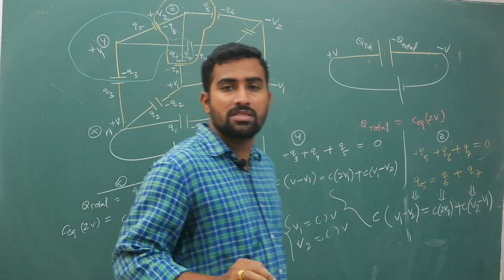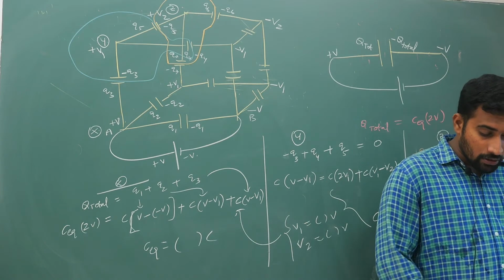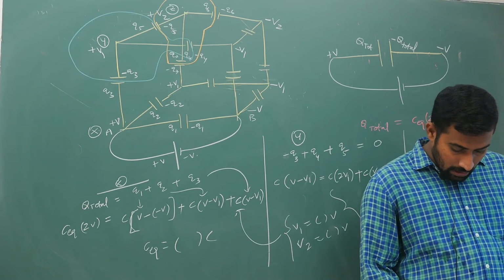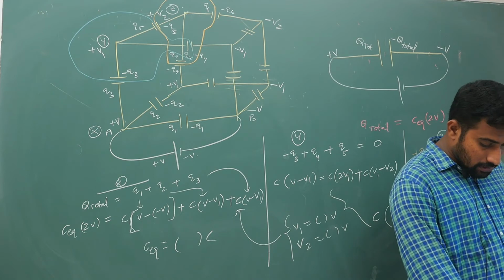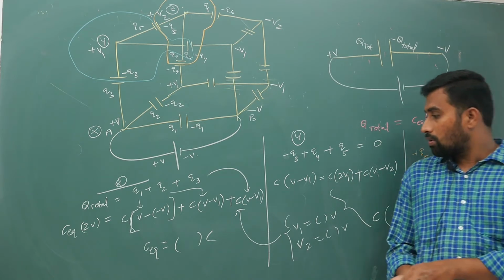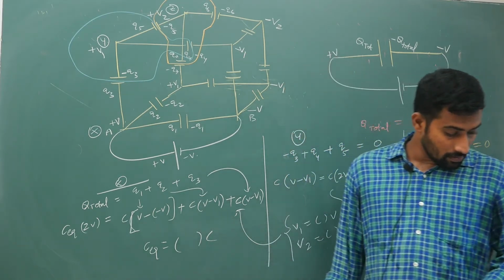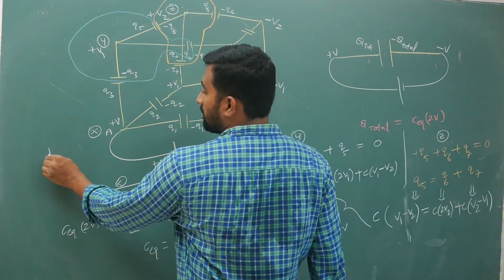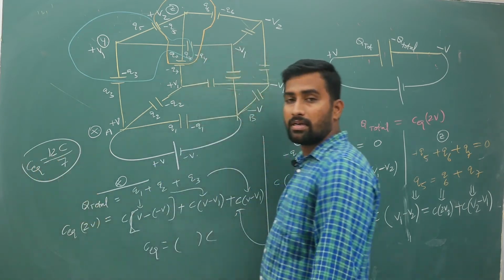You will have exactly similar answers to resistors, but I think it is just the reciprocal part. So for the AD part, the answer is 12C by 7, I suppose. So you should get the reciprocal of this. For this question your answer is 12C by 7. Your C equivalent, if you simplify it, is 12C by 7.